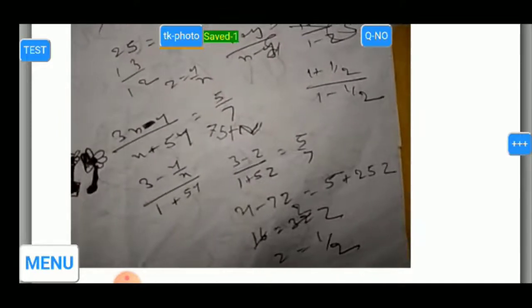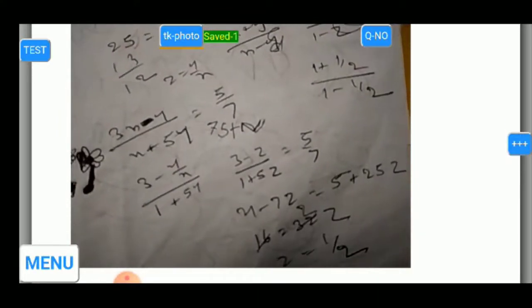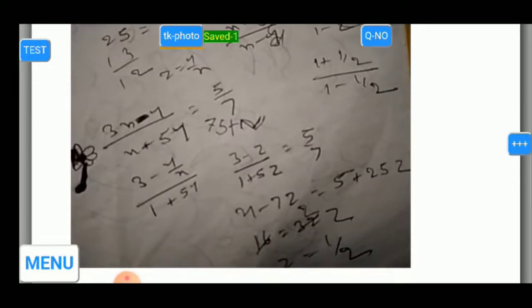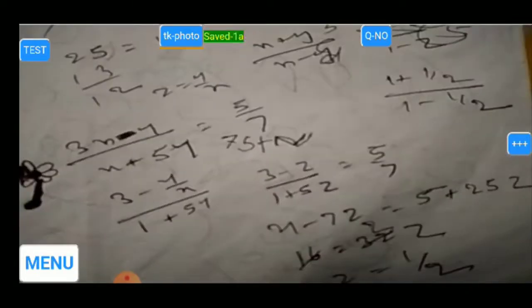This time I will cover the next part of the answer. Whenever I touch this camera stream, it will say inserting and then saved 1A. 1A means the second part of question number 1. So I have inserted 2 pages for question number 1.